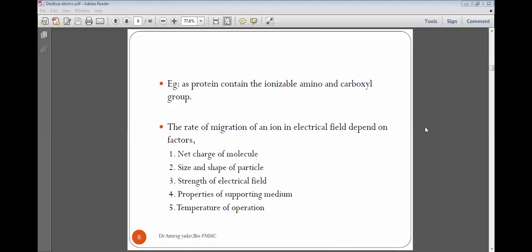Or we can compare the partition coefficient, the distribution coefficient, by which these compounds get retained over the stationary phase. That is the main principle involved. According to partition coefficient, according to adsorptivity. But here in electrophoresis, it is according to the mobility of ions, that is according to the mass to charge ratio, depending upon the molecular